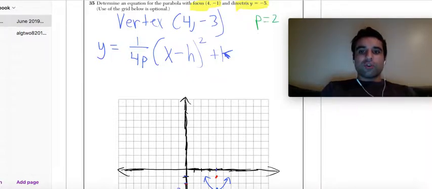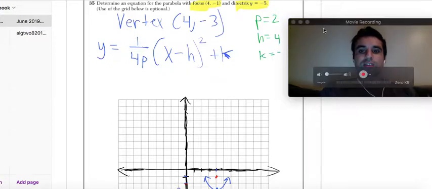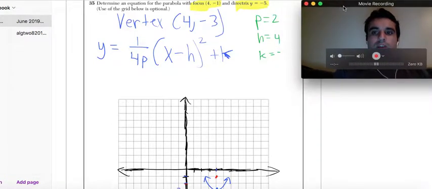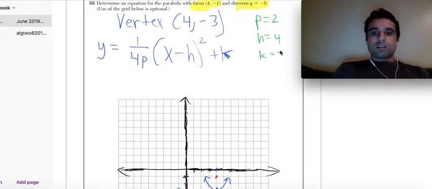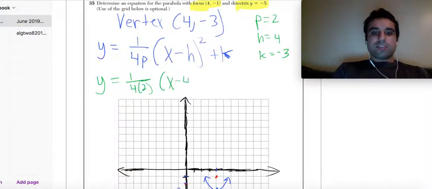So h is 4, and k is -3. So if I substitute, it becomes y equals 1 over 4 times 2, times (x minus 4) squared plus -3, which just becomes -3. And if I simplify that,